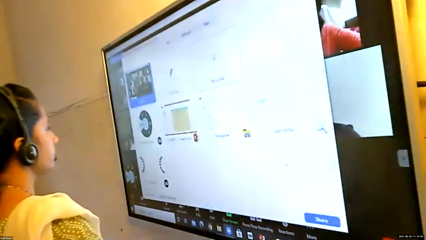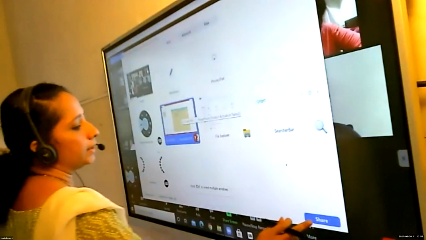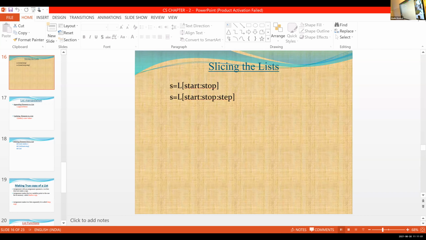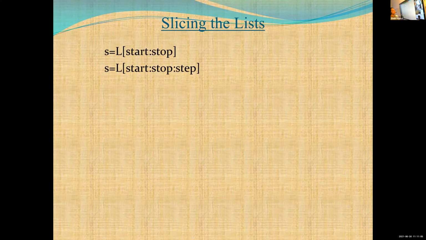Slicing the list. What is the meaning of slicing? Achud? What is slicing? We take a string and divide it into different strings.